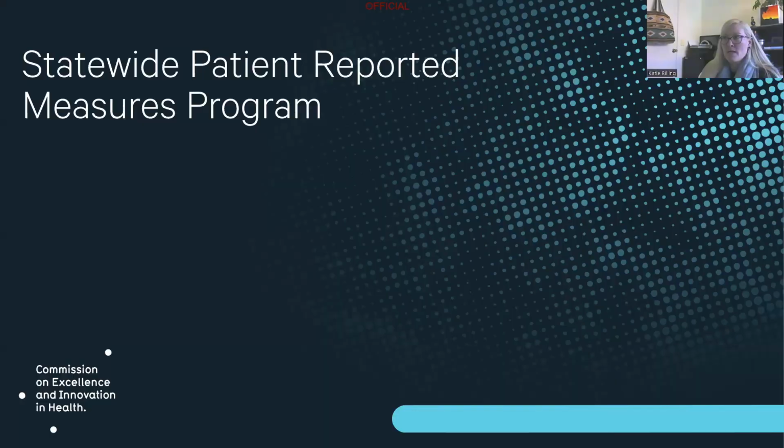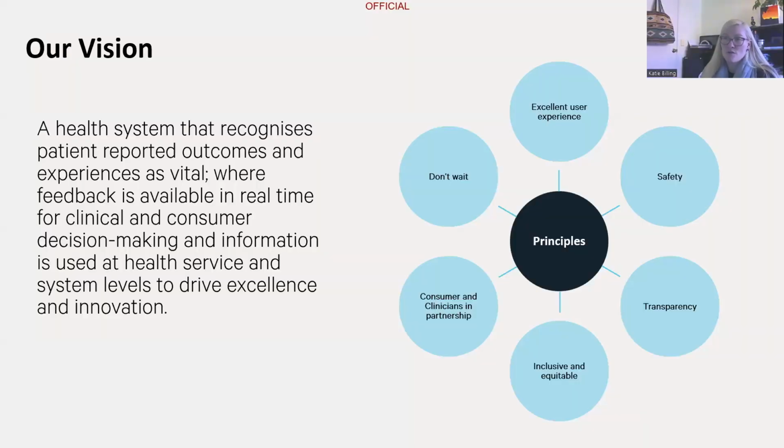And so what we decided was to bring together a program, and we went to the then CEO of the Department of Health eventually with a business case that says, actually, what we would like to see is patient-reported measures matter and be present consistently across the South Australian healthcare landscape. To get to the vision that is displayed on the screen currently, which I'll go through in a bit more detail,